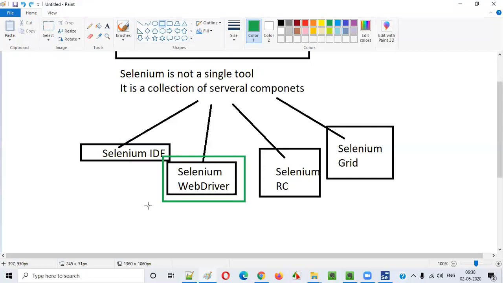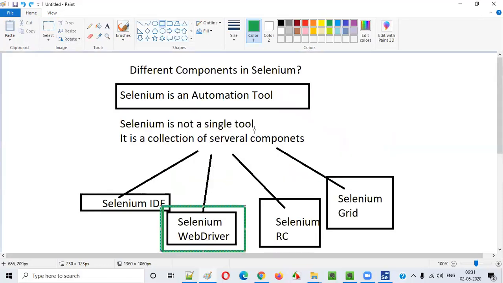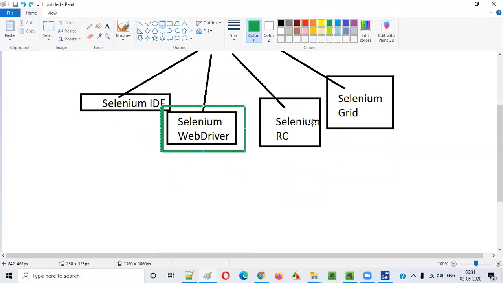It is a very simple helping tool side by side. That's it. But the major learning comes in case of Selenium WebDriver. We have to focus more on learning Selenium WebDriver. This is the main reason we came to these sessions. The training sessions will be more focused on Selenium WebDriver.